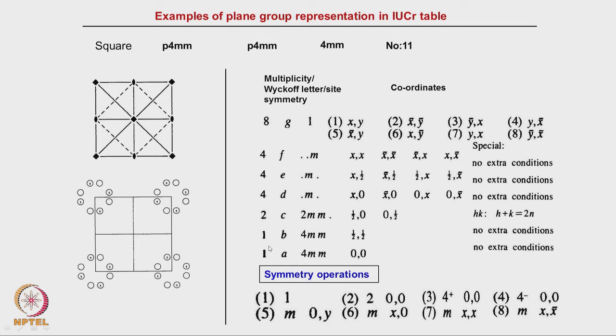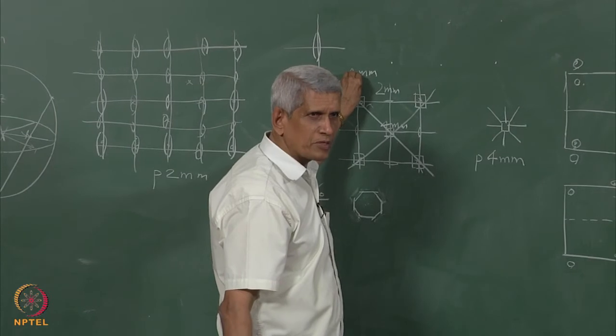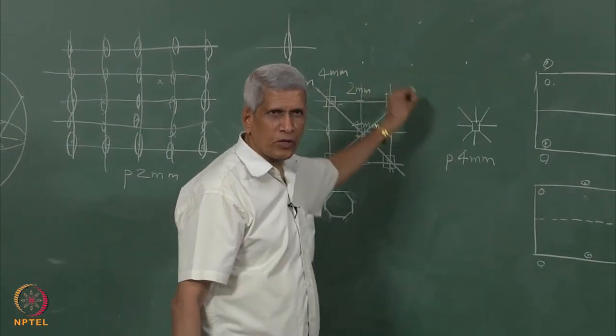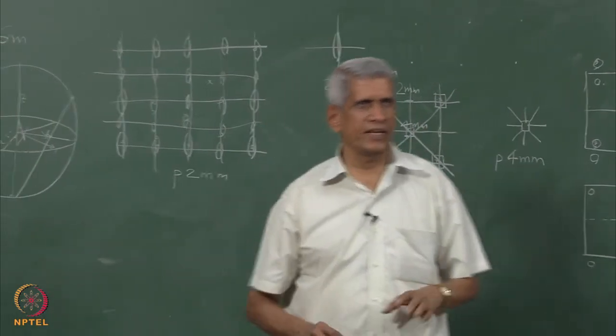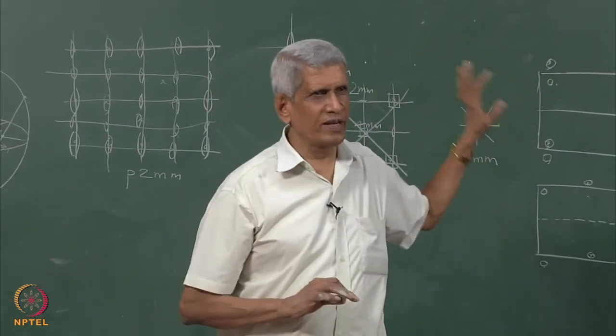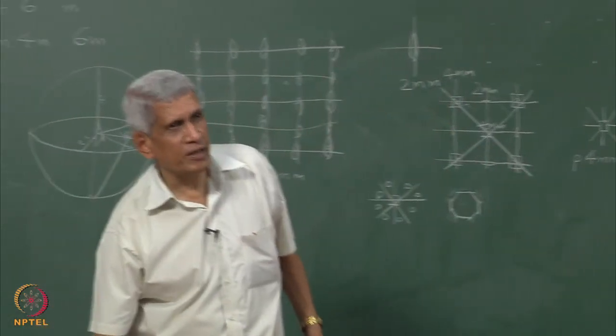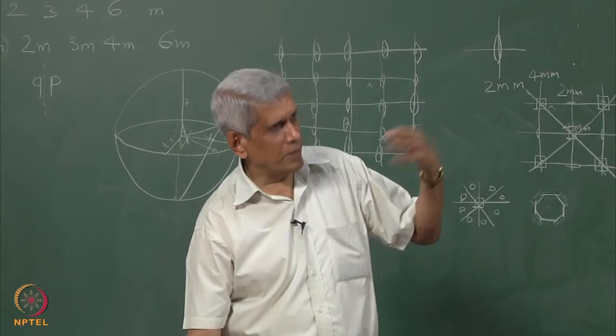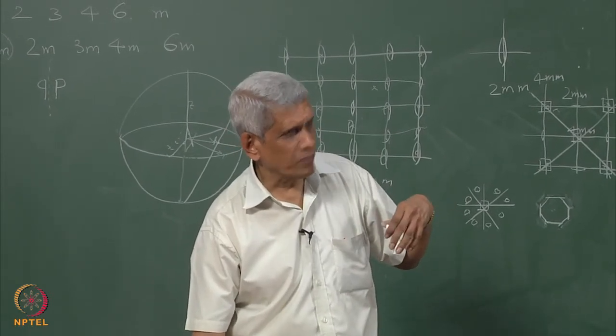special points, that is, these points which have got some symmetry associated with them, are called special points. Each point has got what is called a site symmetry, right. What is site symmetry? At this particular site it has a 4mm symmetry, at this particular site it has a 2mm symmetry, because with respect to neighbors, if you look at the positions where they are, the symmetry which it shows is called the site symmetry. That site symmetry is also a subgroup of the main symmetry element of the lattice. Okay.